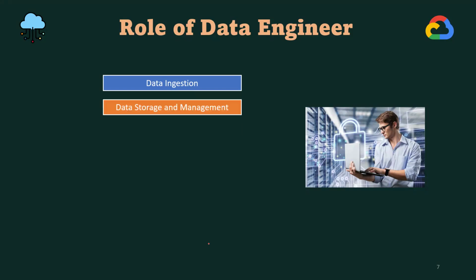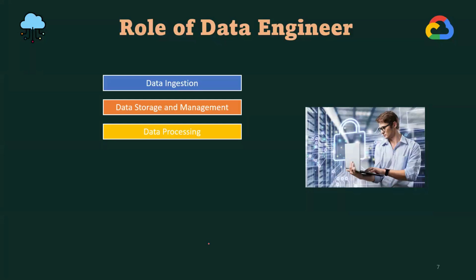And one data engineer must focus on how to store the data and how to access the data efficiently. Okay, data storage and access management. So you must store the data in a proper scalable system and process it and properly access it for each and every user. One data engineer must take care of that. And two more data engineers should work on data processing, which is one of the very important activities.